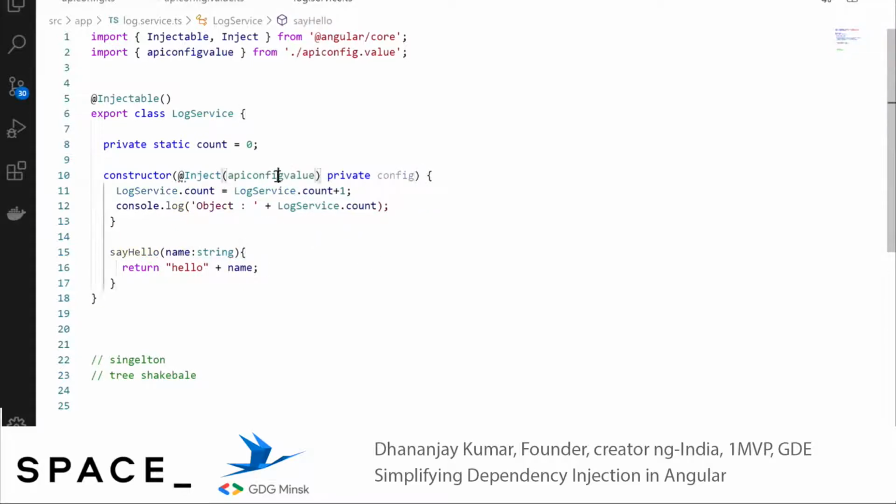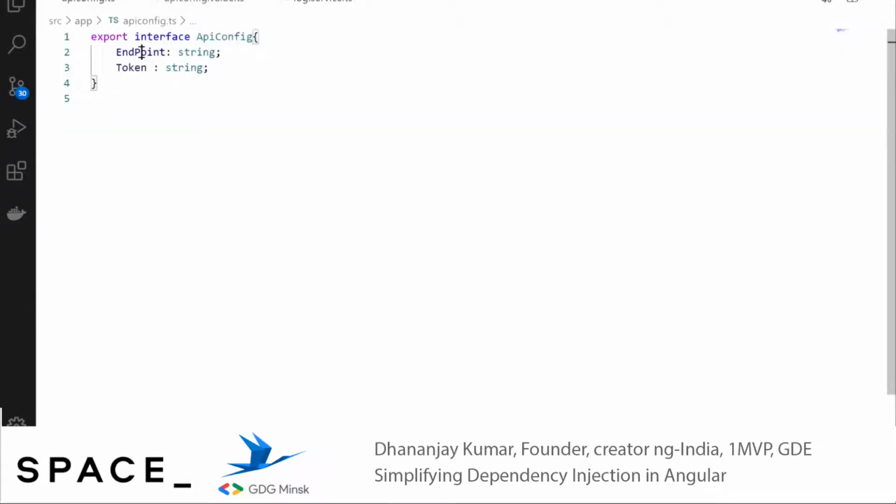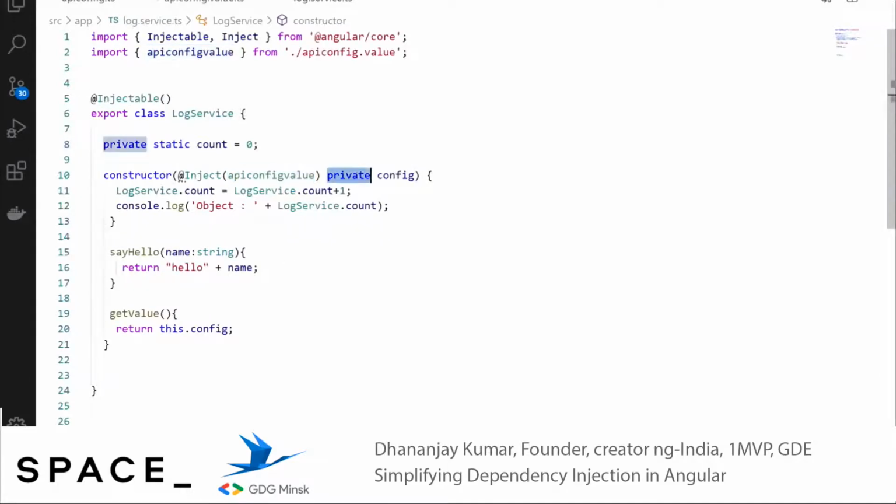So here we have injected the API config value, importing it. Now let's say we have created one more function. That function does nothing but return the config value from the API, meaning it will return this particular object, endpoint and token. All right, now we have injected this.